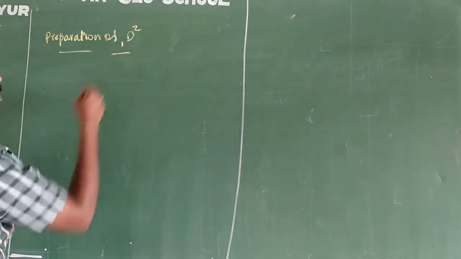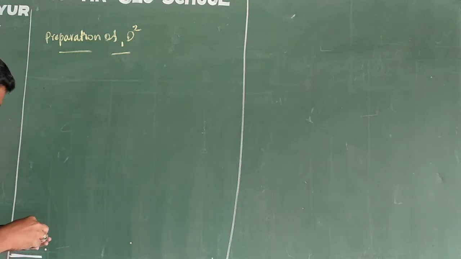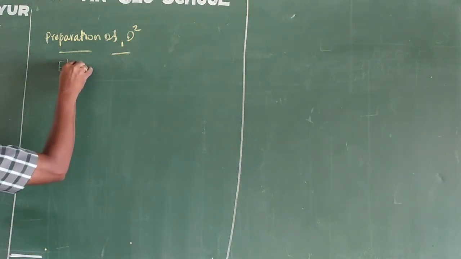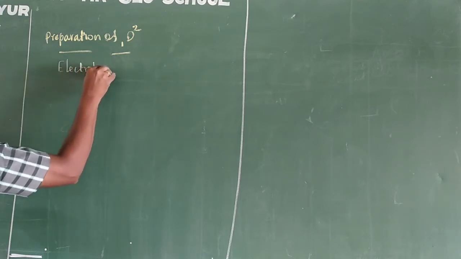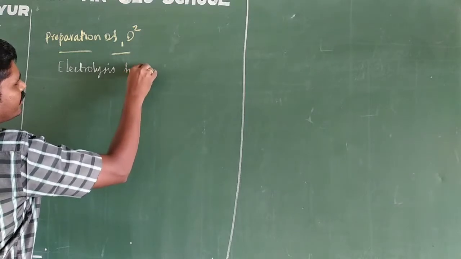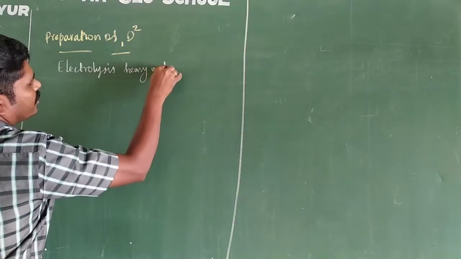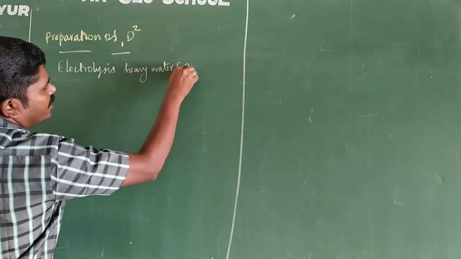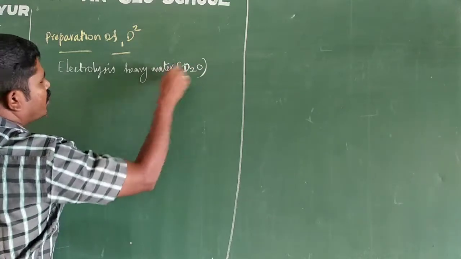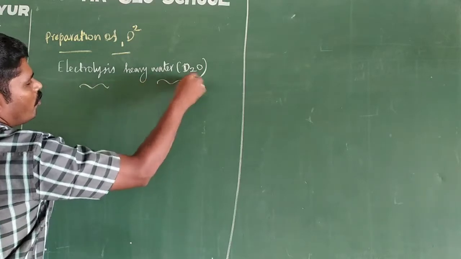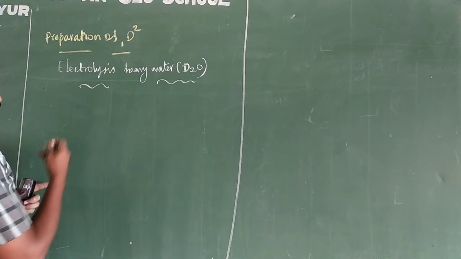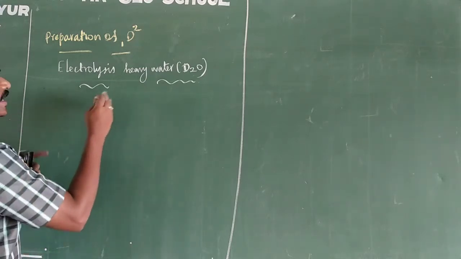The preparation of deuterium is by the electrolysis of heavy water, D2O. Right? The natural water